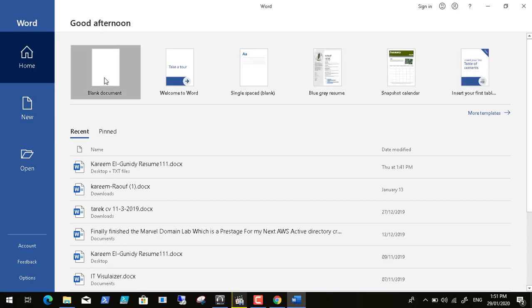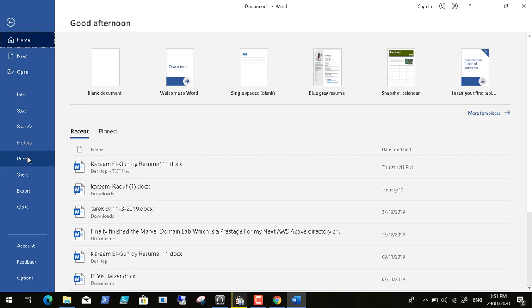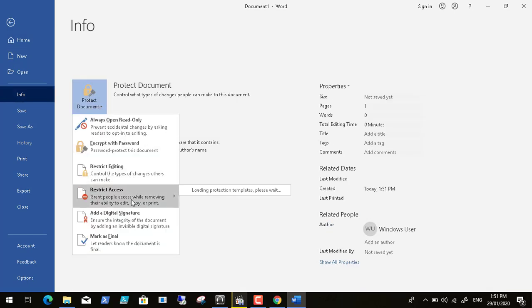For example, here is a document, and then we go to File, and in the Info tab there is something called Protect Document, and here is Restrict Access. Here, connect to Rights Management servers and templates. Here it will connect to our server that we set up in the previous lab, and if it sees any templates or policies, for example the prevent print that we did before, then if we choose this template,